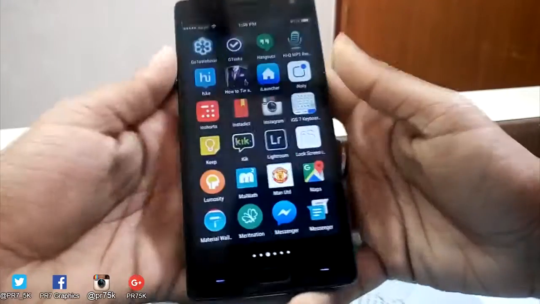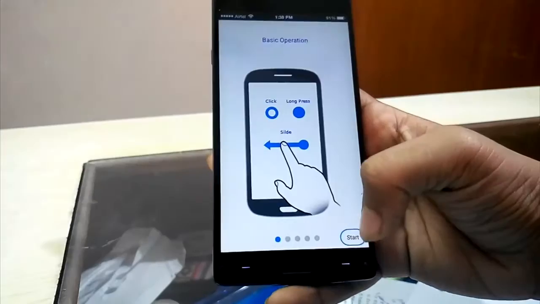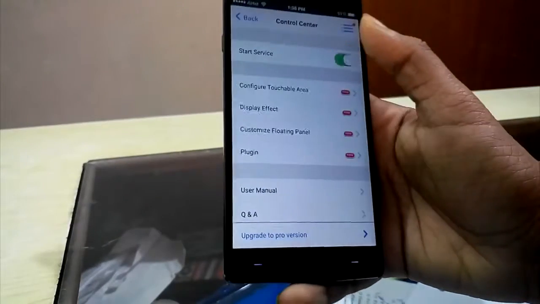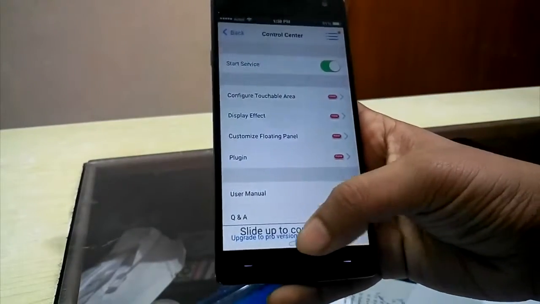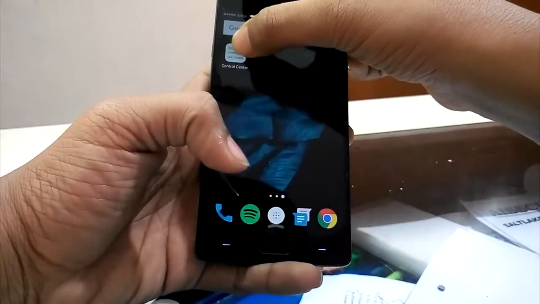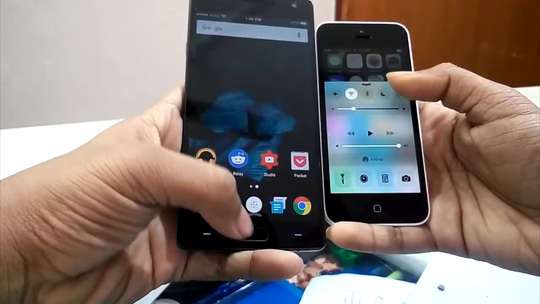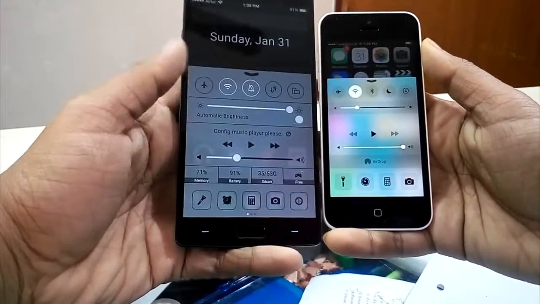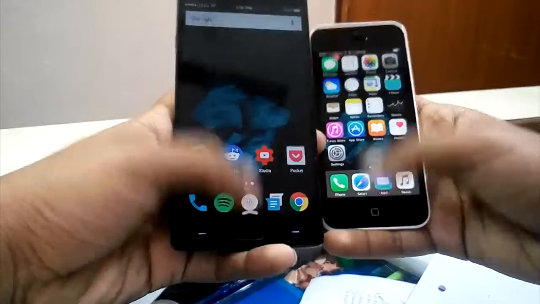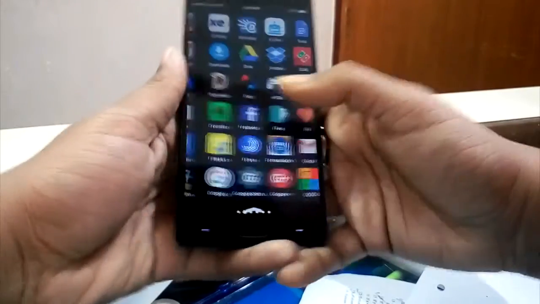Now let's open the app called Control Center. Start, cancel whatever comes up, and enable it. You'll see one option at the bottom, and that will be your answer to the question of where you will get the Wi-Fi toggles and all. Again, comparison here: I was not quite satisfied with the Control Center, but it's okay because we'll get something at least, or else you have to open settings to open Wi-Fi or Bluetooth. So here's the Control Center for you.